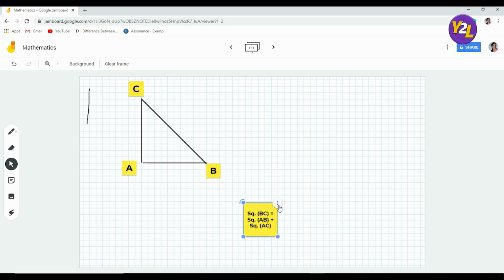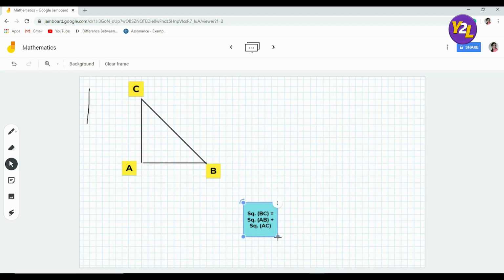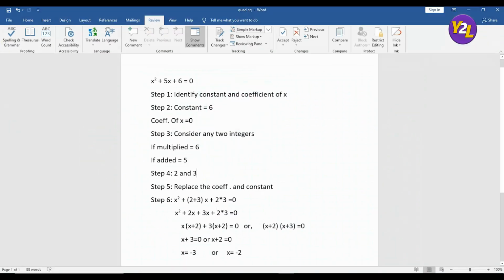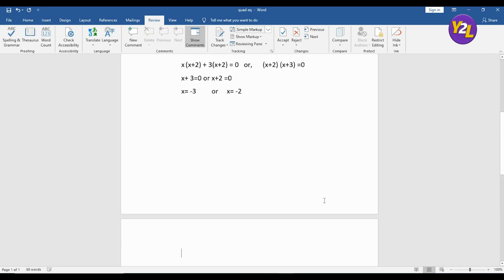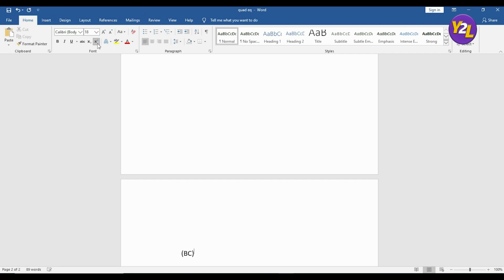If I want to change the color to give it more impact, I can change the color and then save it. And if I want to enlarge it, I can enlarge it and place here. So, and again, if I don't want it to appear like this, I want to have a proper equation, I can go back to Word and I can type it there and have a snapshot of it. For example, I can write it as BC, put it in brackets, and then use the option here of superscripting it like this, and then equals